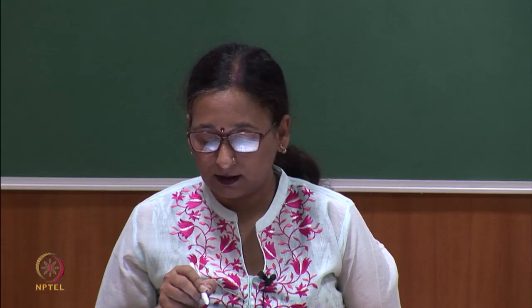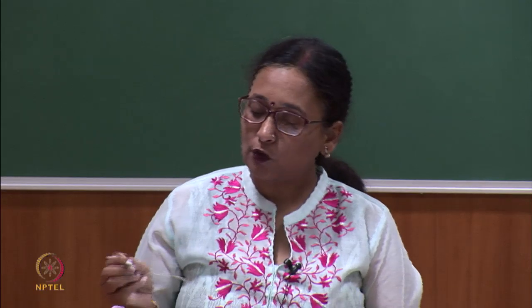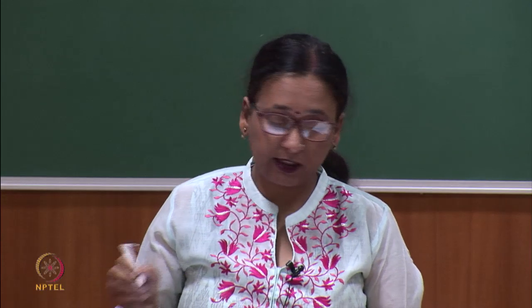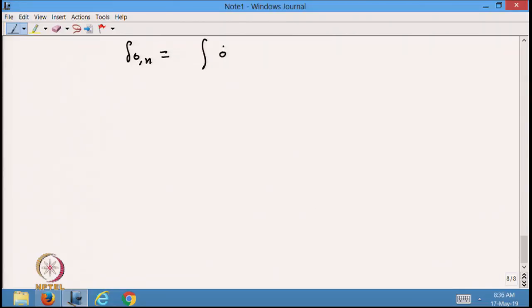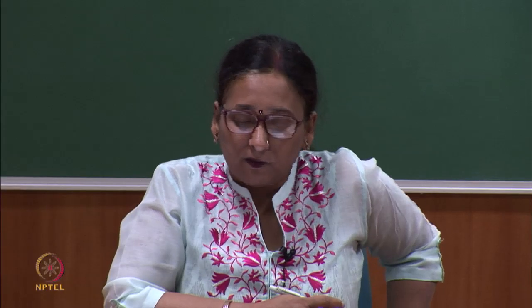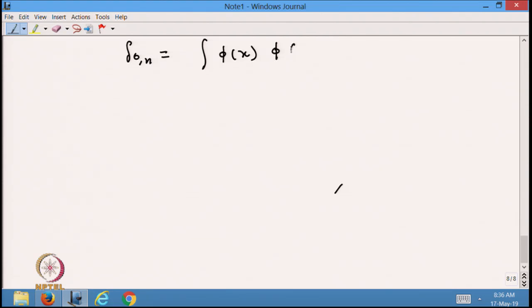But we cannot solve it for h_k; we need some additional conditions as well. For that reason I am stating another assumption, which we have already made, that phi(x minus k) forms an orthonormal basis for the space V_0. So, this will be the integral of phi(x) phi(x minus n) dx, where n belongs to Z. This is the relation we know from the MRA assumption. So, now I am using the two-scale relations again.